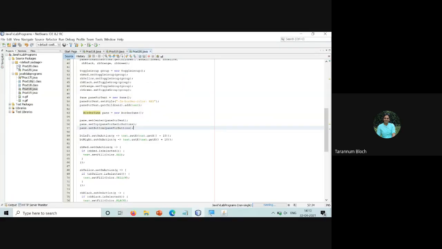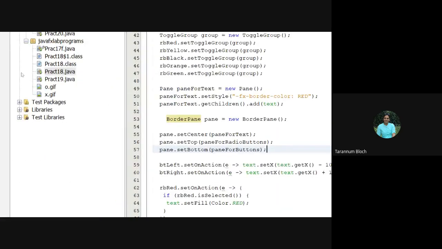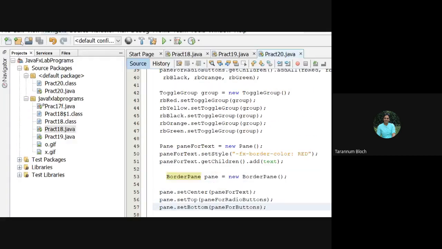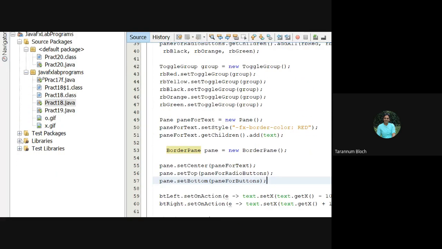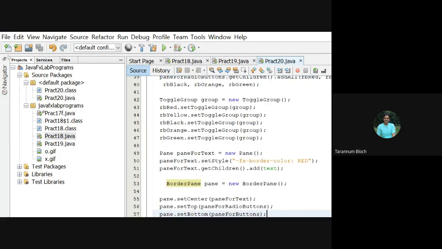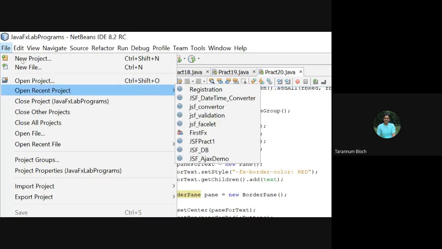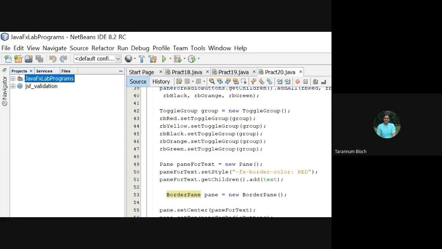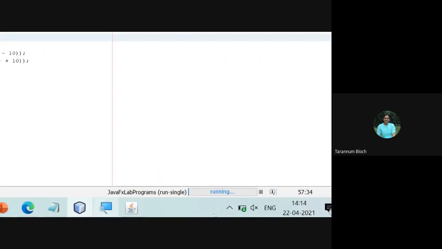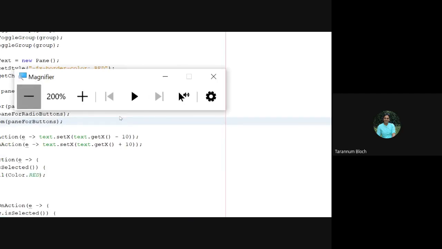If you look here, this program's icons, these are the images. These are the image and file name which we are taking here. So this folder is our package and everything is just a small image. So this is VBox. We have placed the controls in the VBox. Now you see this is one project. If I open some other project, let me open any random project, in that case it will be bottom there. So this is column wise we are just going, right? So this is known as your VBox, right? Your VBox pane does something like that.